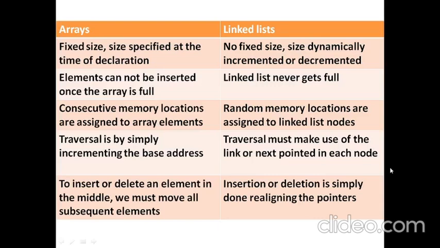So it requires a more explicit arrangement such that each and every node in the linked list must include a field called the link field. The link field is nothing but a pointer which contains the address of the next node. So whenever you reach the nth node, you have to refer to the link field of the nth node. Only then can you go to the n+1 node. So this is more tedious, and additional memory needs to be spent for storing the addresses in the case of a linked list.